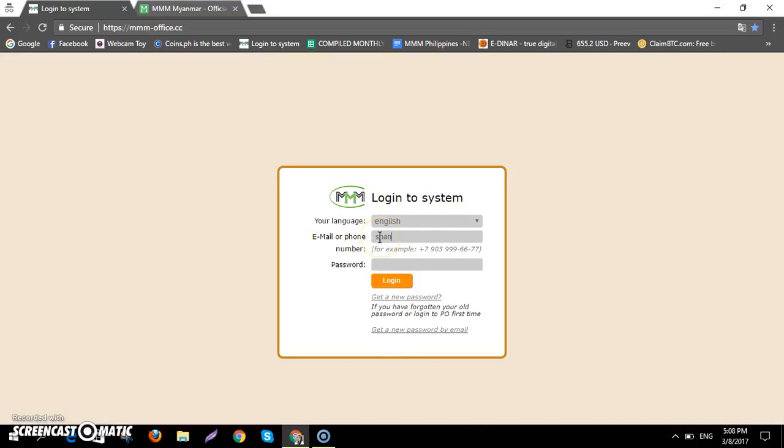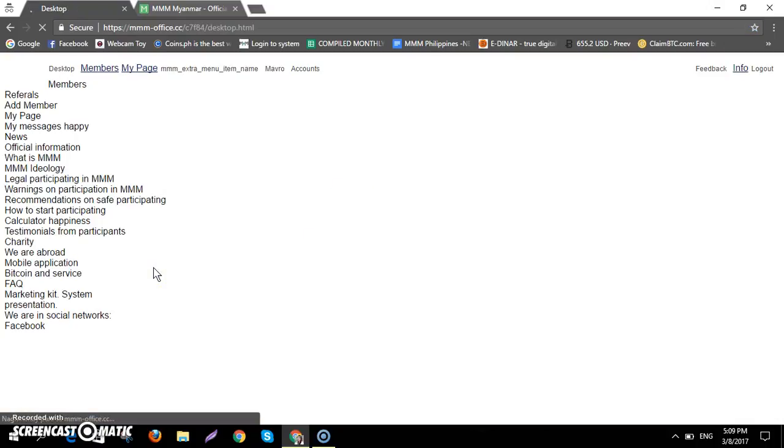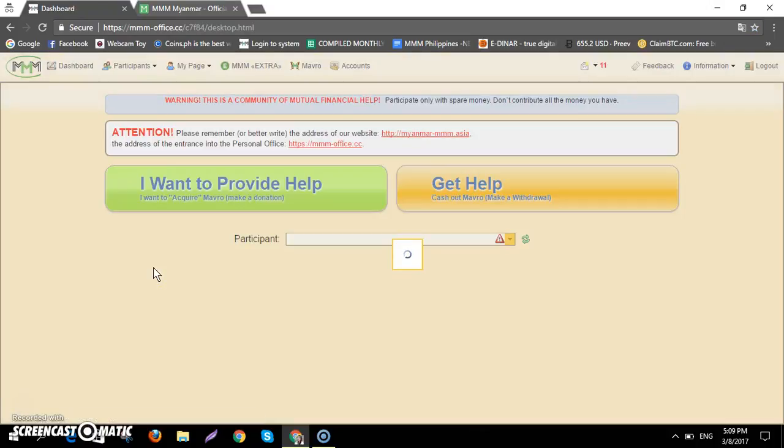Type your email, then your password, then click login. So it goes directly to our main dashboard.